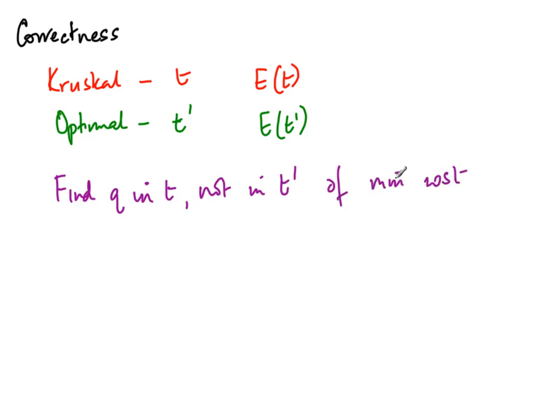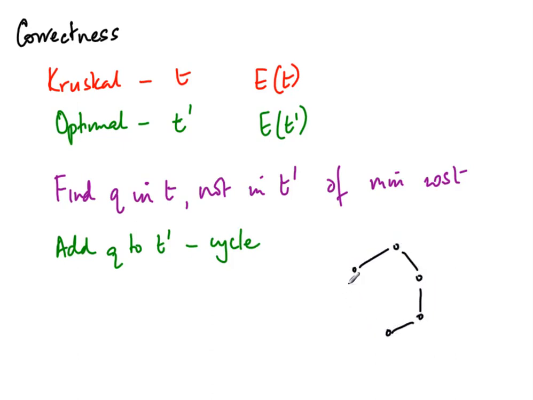Right? So now if we add Q to T prime, we get a cycle. So this cycle, we can draw it. Okay. So we have this edge Q that we have just added, and this forms a cycle with some existing edges E1, E2, E3, E4, and so on, up to